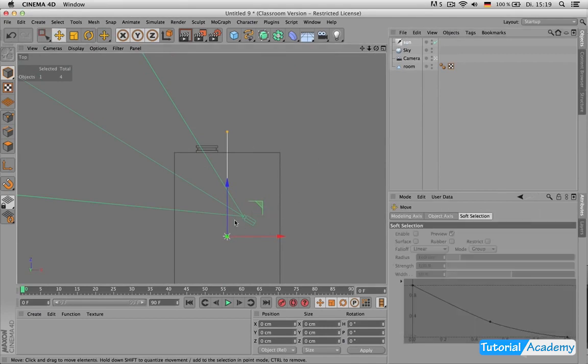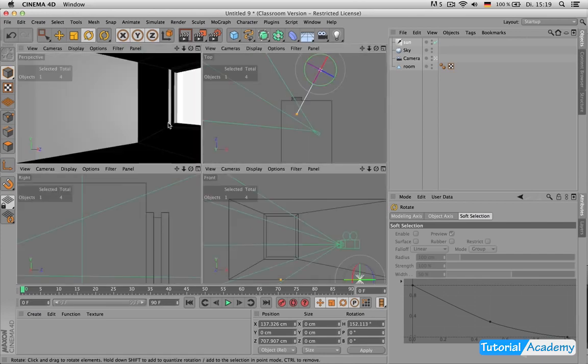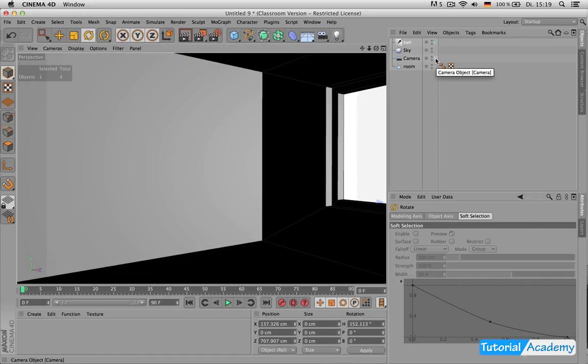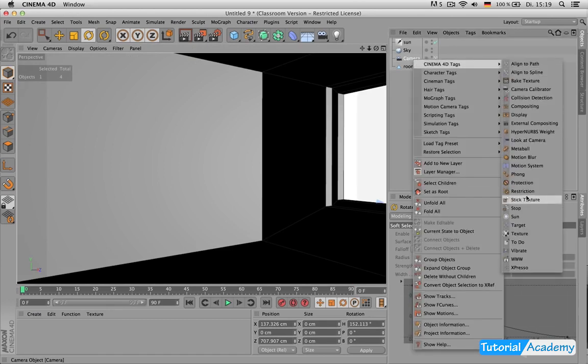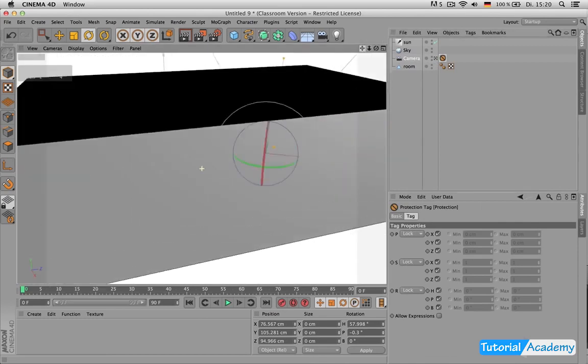For the sunlight, it's coming in parallel rays, so that way the position doesn't matter. So if I lift it up or if I turn it around, well, the turning is quite important, but if I just move the light source itself, it won't have any effect. But I should, of course, invest quite some time in finding the right angle. So many people have really problems. I just leave the camera now, or I can even lock it, right click and go to protection, and now leave it. And many people struggle